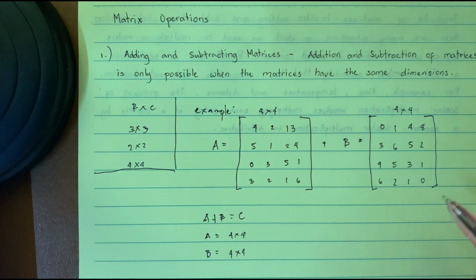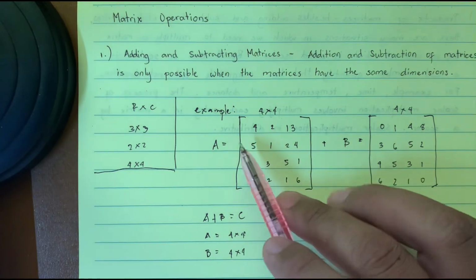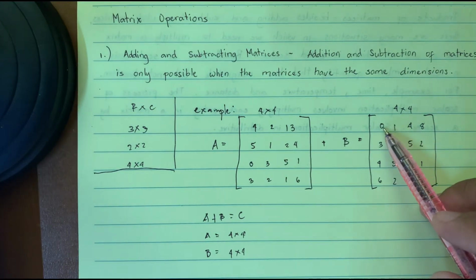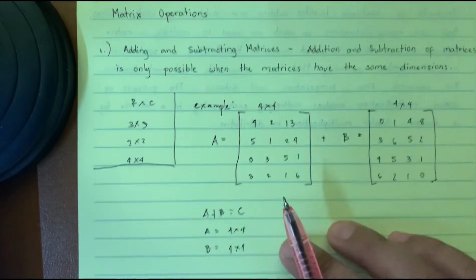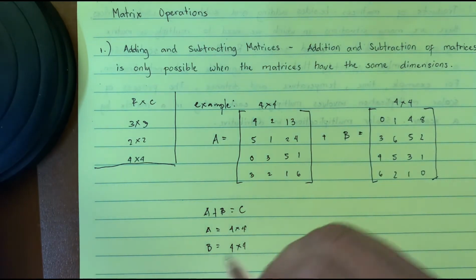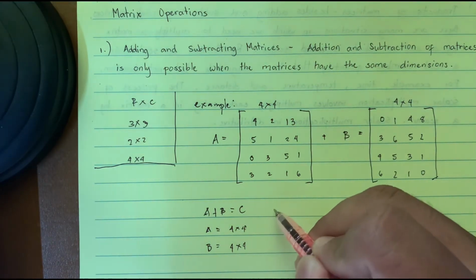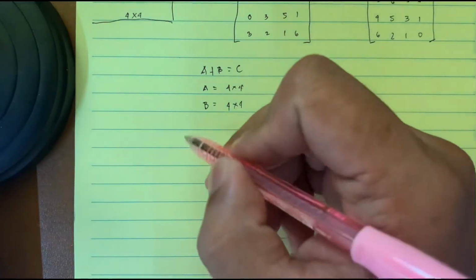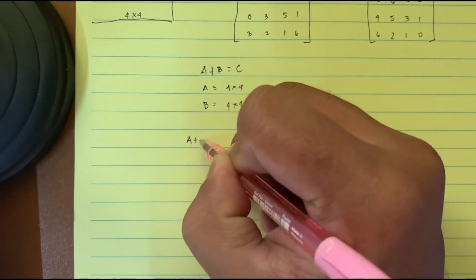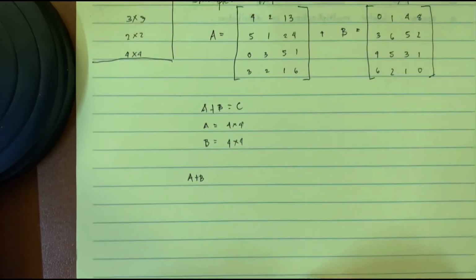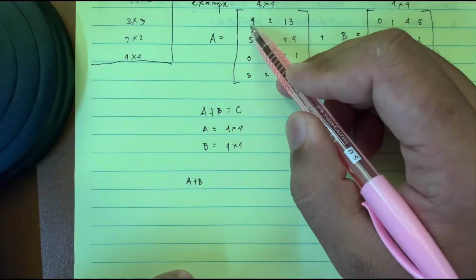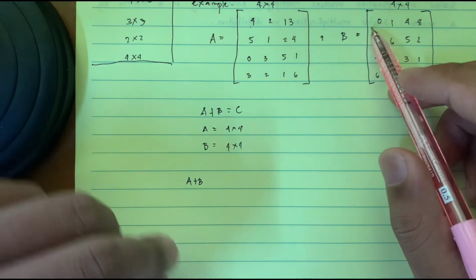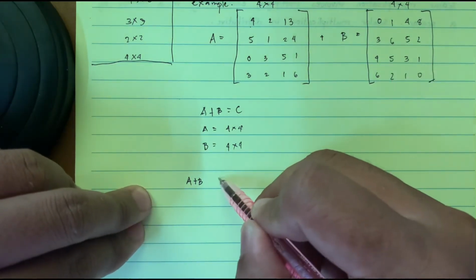Pag nag-a-add tayo is yung first row, first column ng matrix A saka first row, first column ng matrix B. A plus B. First row, first column ng matrix A, saka first row, first column ng matrix B. Equal to